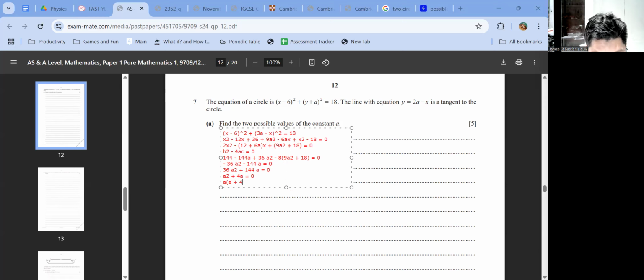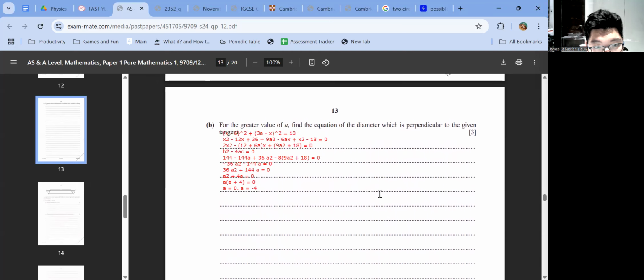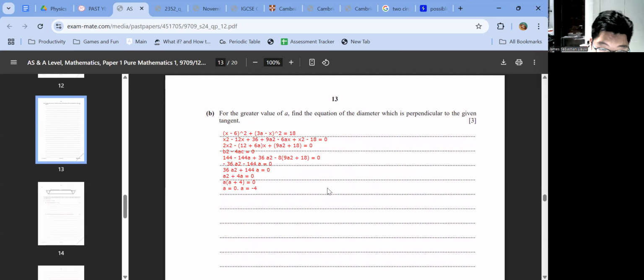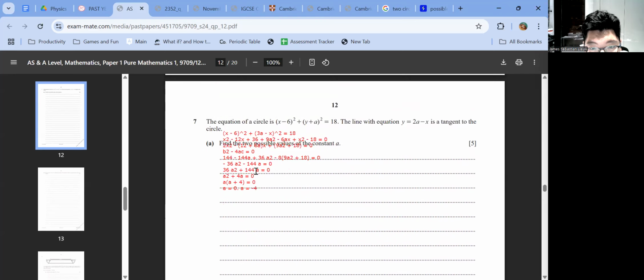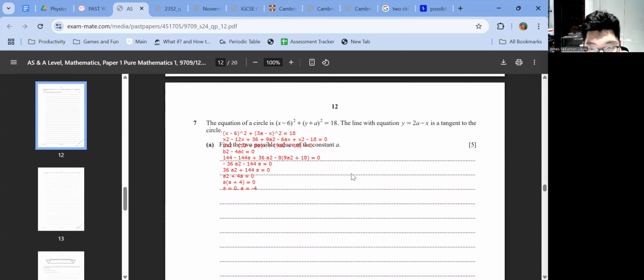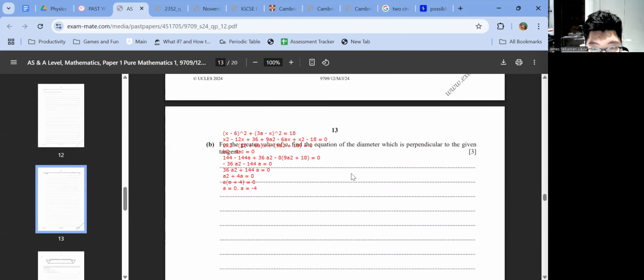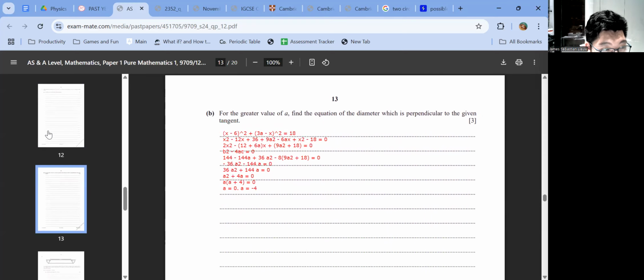And this gives you 0, and a is minus 4. The equation for the given value of a, find the equation for the diameter, and that would give you a is 0 means that this is only